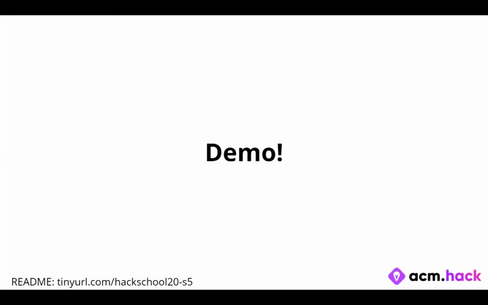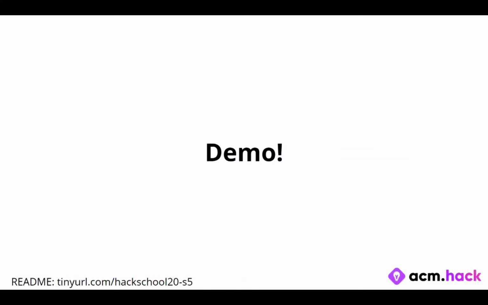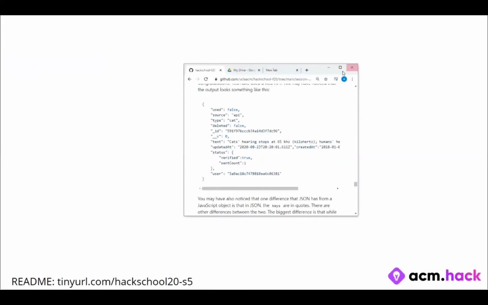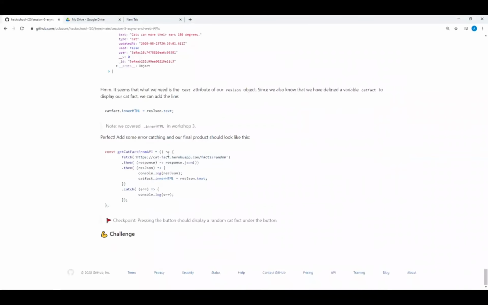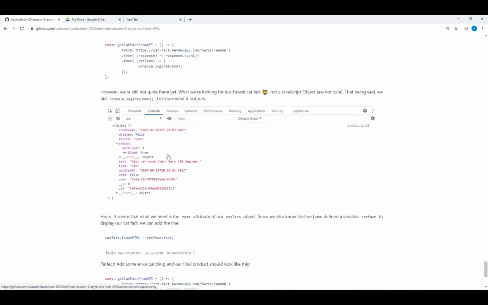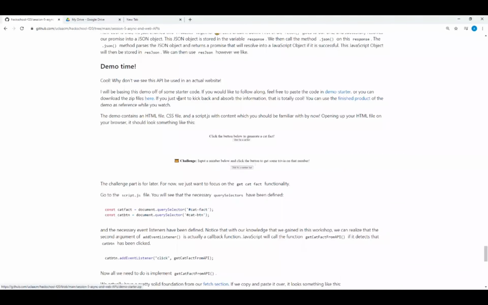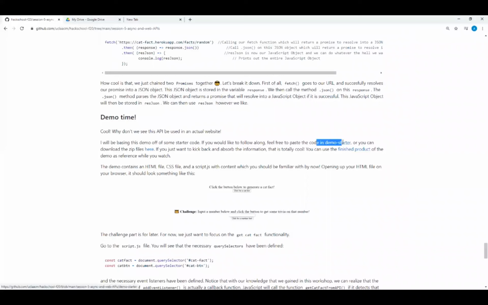I'm going to do a demo now. We don't have much time, but I believe it is enough. If you go to our README, there's some beginner code here that you can download as a zip file, or you can paste the code in the demo starter.